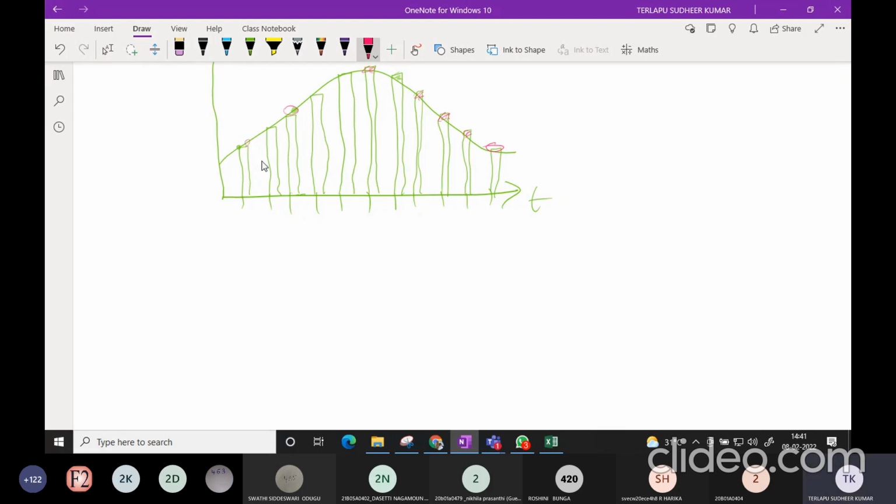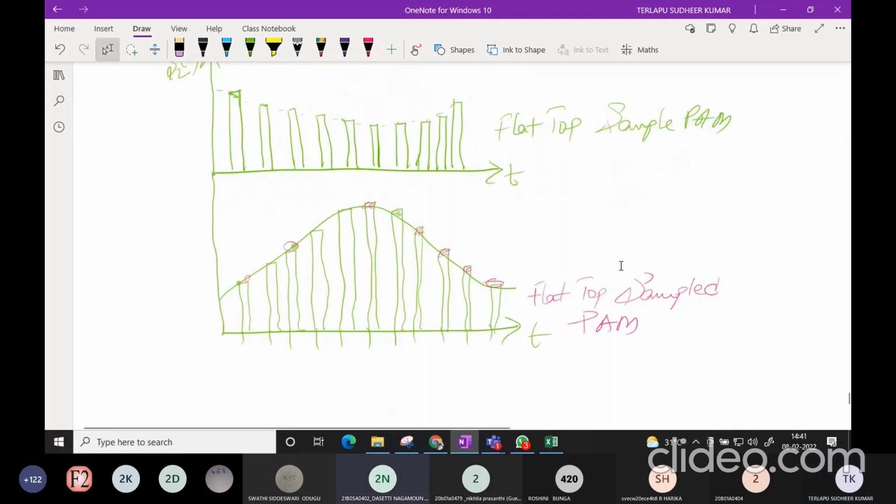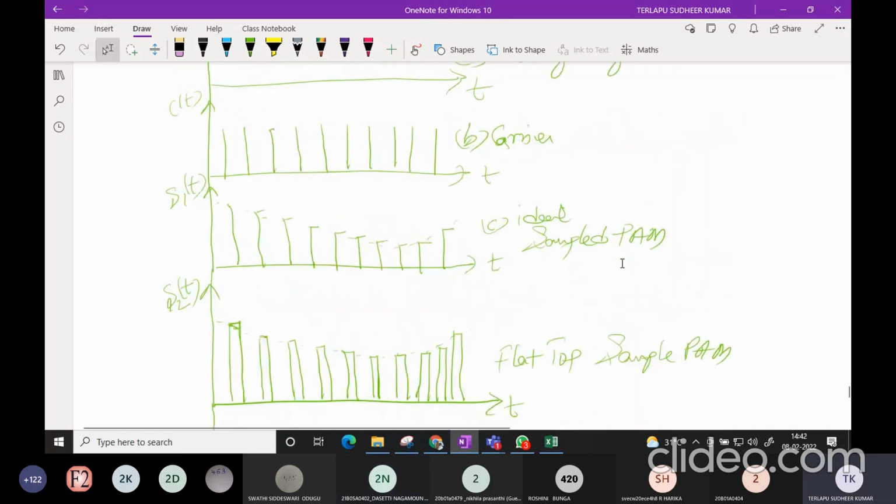Okay. So this is the flat top sampled pulse amplitude modulated signal. Am I clear to you? Yes, sir, clear, sir. Okay. So now,